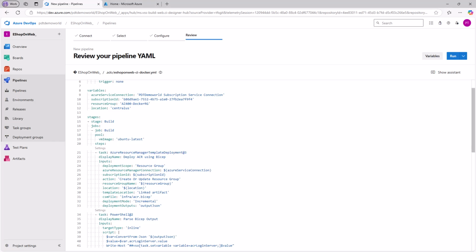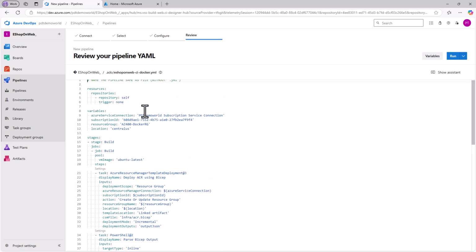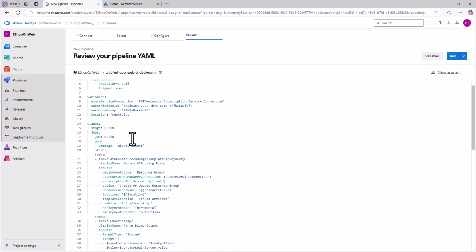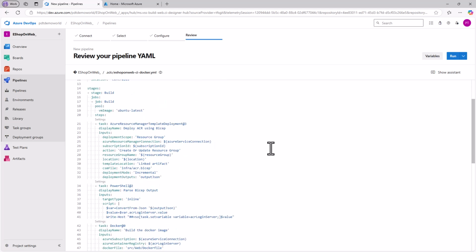Now, to walk you a bit through the details of the YAML pipeline, so we have the resources section where we define, for example, what repository we're using. We're defining a trigger, in this case none, which means it's relying on you manually pushing the pipeline run button. Variables already mentioned. And next to that, we do have a build stage, which is typically for a CI related pipeline. We're connecting to an Ubuntu latest Azure DevOps agent, and from there we're going to run a few different